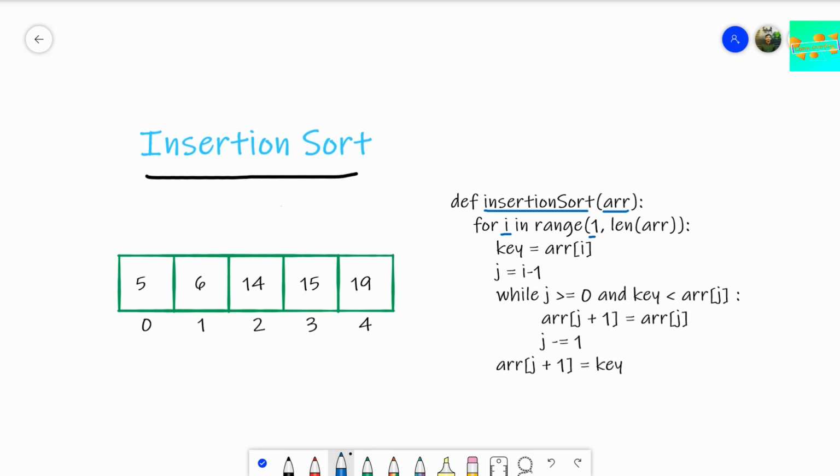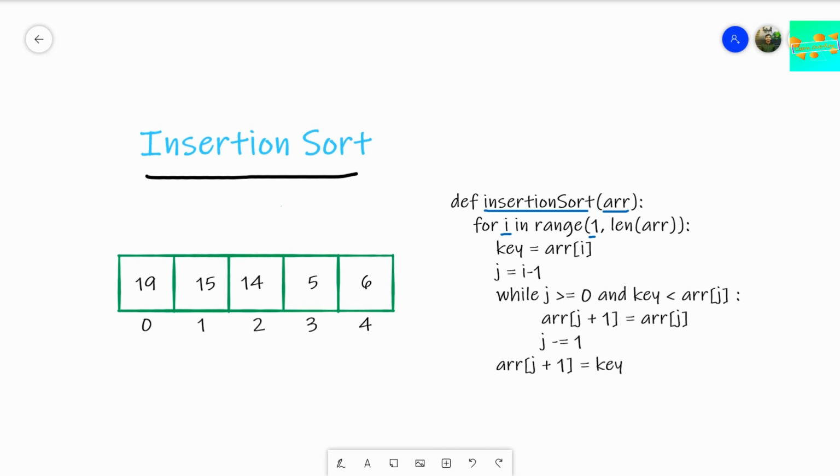Now let's see how this for loop works. In the for loop, we take a variable called key, and it stores the array element, or the position of the array element, in it. Now look, if I just move this back to the original one that was there. All right, so this was our initial array.